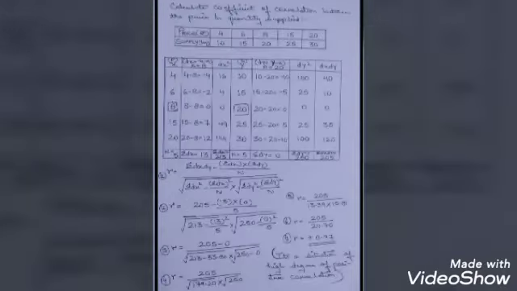So let's start calculating the coefficient of correlation by the shortcut method, and the data which has been given over here is the price and quantity supplied. The price is given in rupees and supply is given in kg, where your price is 4, 6, 8, 15 and 20, and your supply is 10, 15, 20, 25 and 30. Now we will place these values in a table.